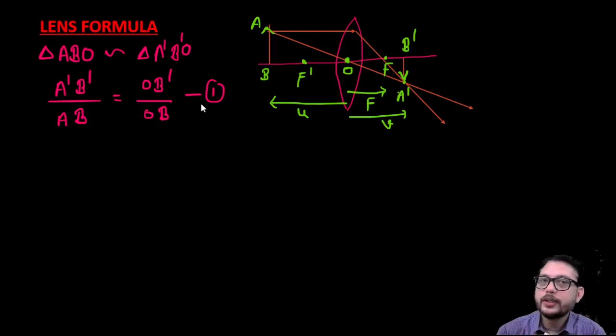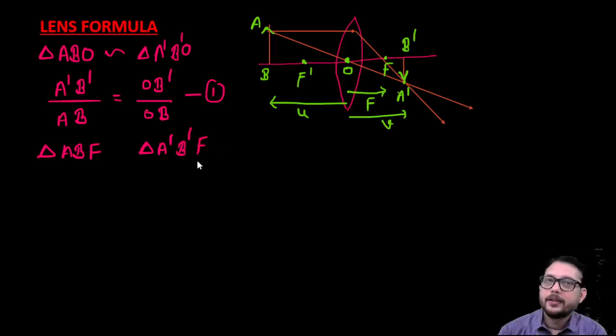What we have done up to here: firstly we have drawn an image diagram, then we selected a common point O and established the relation between AB and A dash B dash. For that we assumed triangles ABO and A dash B dash O. Now we have to take another common point. And what is the other common point? That is your point F. So in this scenario we have to take object AB with the common point F, and A dash B dash with the common point F.